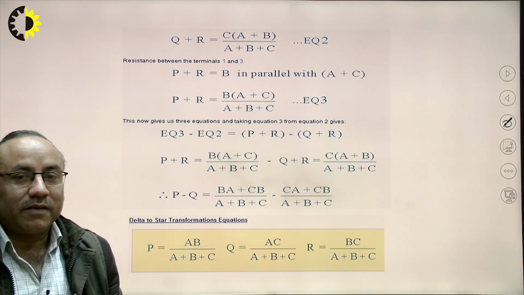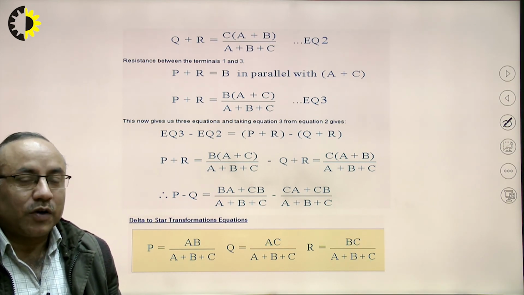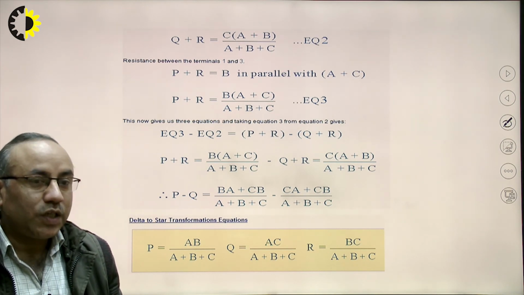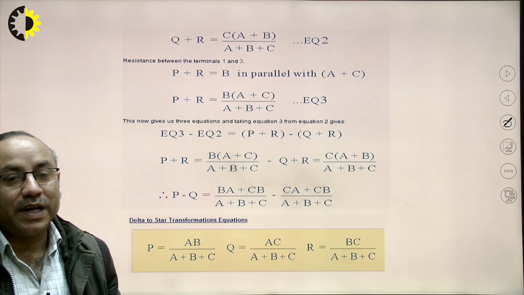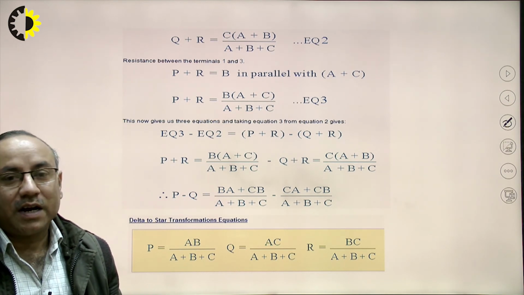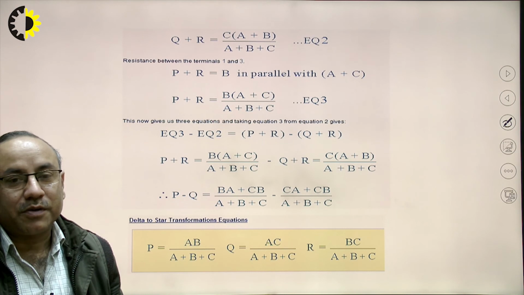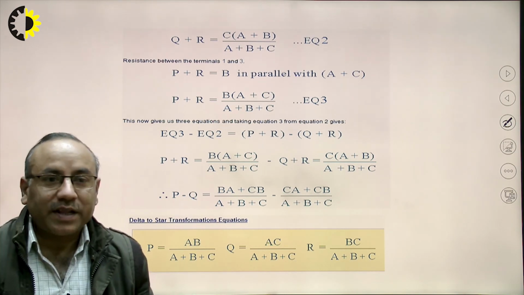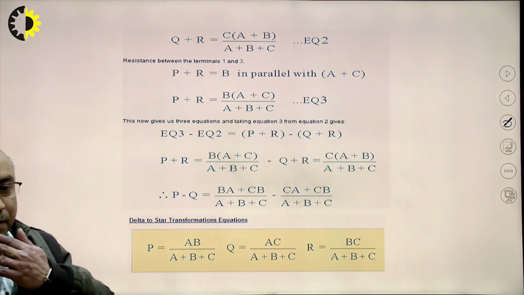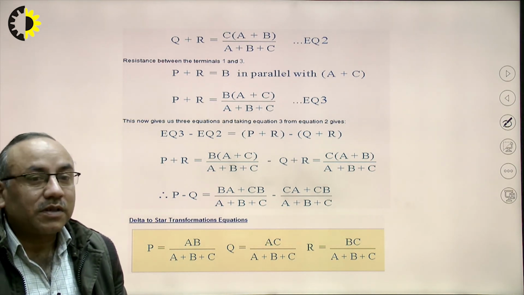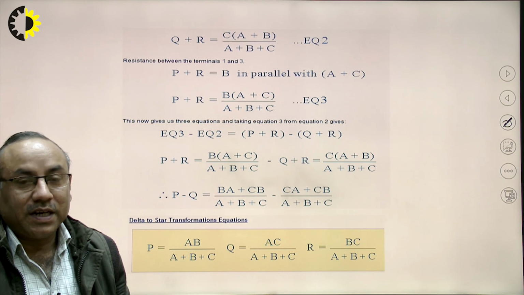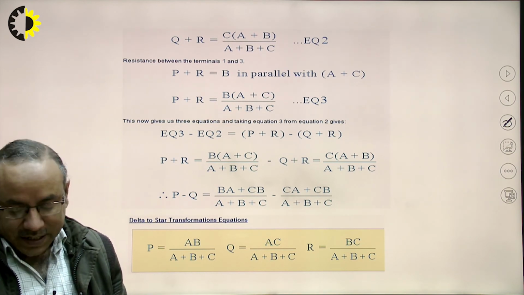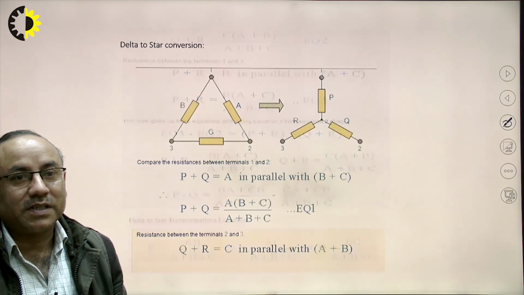So, on solving, finally, we get P equal to AB upon A plus B plus C, Q equal to AC upon A plus B plus C, and R equal to BC upon A plus B plus C. So, that way we are obtaining the values of P, Q and R in terms of A, B and C, in which A, B and C are the delta connected resistances that we can see in the previous slide,